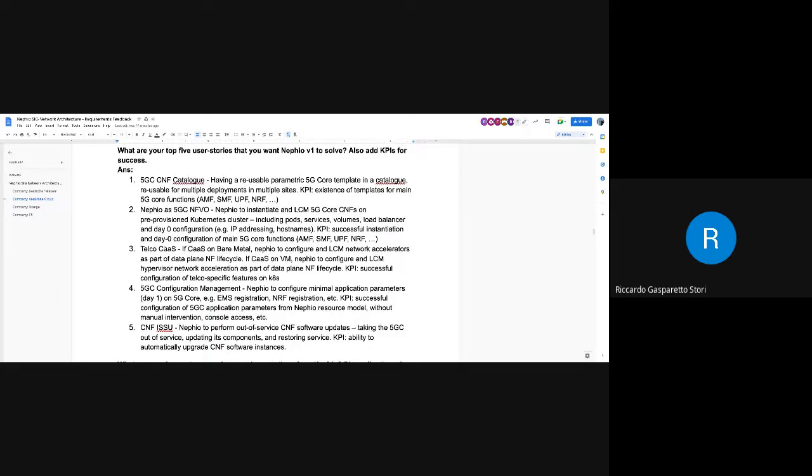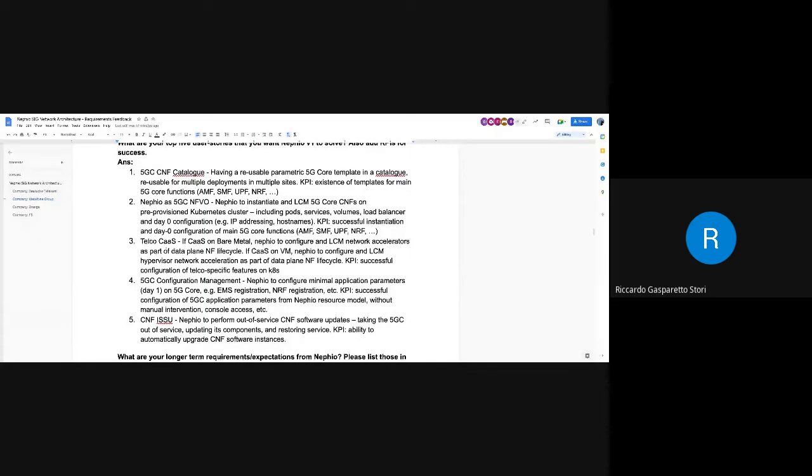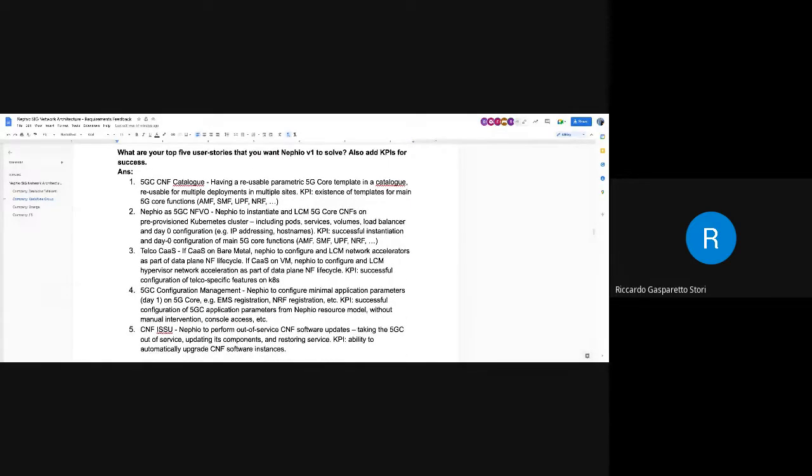These are things that an operator does very often, and they're not very low-hanging fruit for Nephio, maybe, but there are still things that an operator needs to perform and industrialize to a certain scale. So these are listed among our user stories.